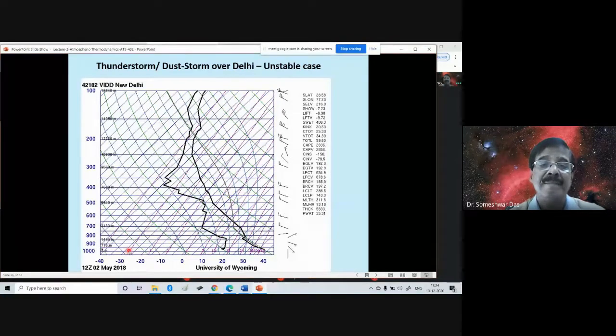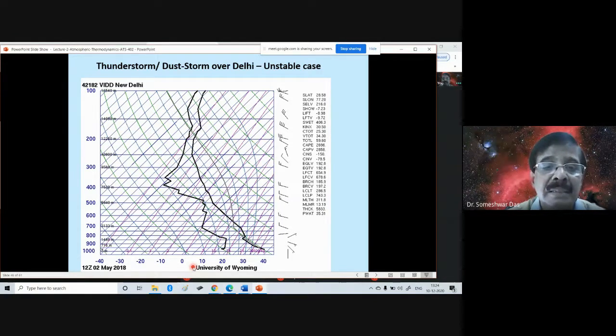Even though its orientation is different from the previous diagram, you can easily recognize what each of these lines represents. Once you have understood what the lines of the diagram are, then in whatever orientation it is, you can recognize what those lines represent. For example, these curved lines are the saturated adiabats. These horizontal lines are the pressure lines, but the theta lines, the dry adiabats, are also supposed to be horizontal in this orientation.